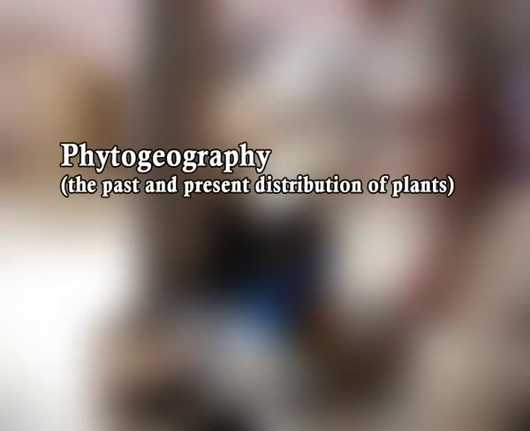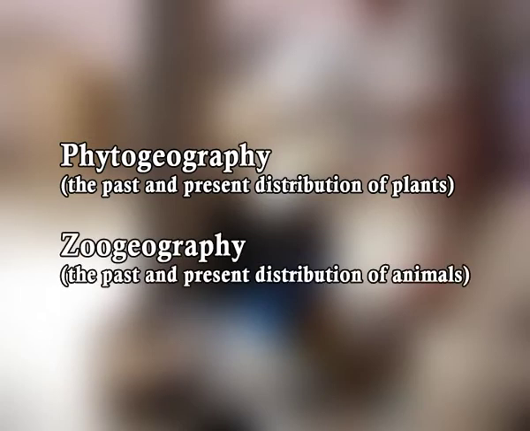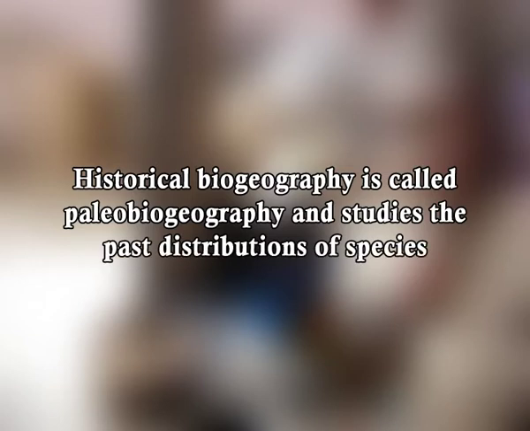Each field, however, looks at phytogeography, the past and present distribution of plants, and zoogeography, the past and present distribution of animals. Historical biogeography is called paleobiogeography and studies the past distribution of species. It looks at their evolutionary history and things like past climate change to determine why a species may have developed